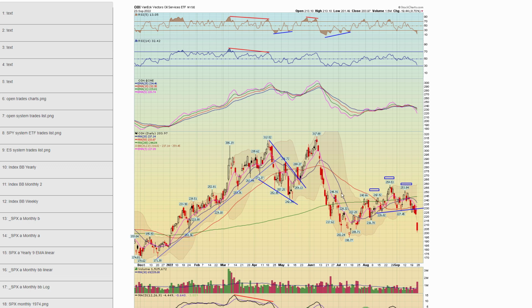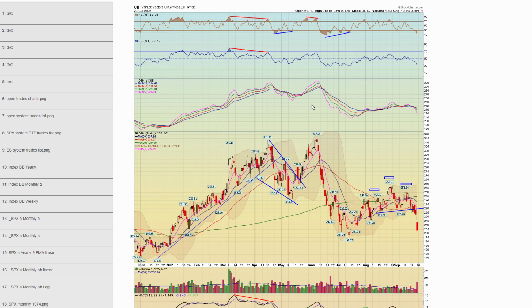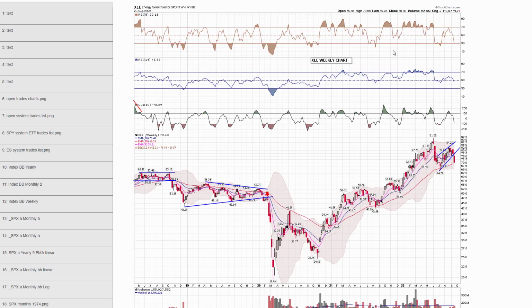Chart 51, here's oil services. So last week, to Steve's credit, last weekend, he showed oil services in a head and shoulder pattern. And boy, did that ever play out. Look at that. In fact, it looks much lower. Remember, guys, energy stocks were the strongest this year, but in a bear market, everything eventually gets hit, and that's what's happening now. Next, chart 52, here's XLE Energy, weekly chart.